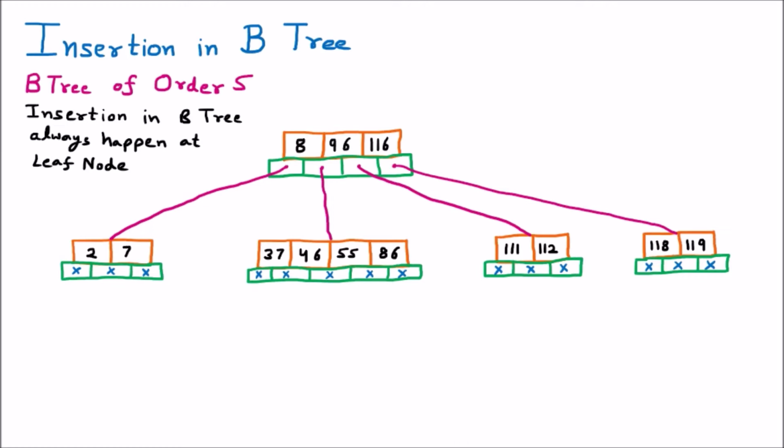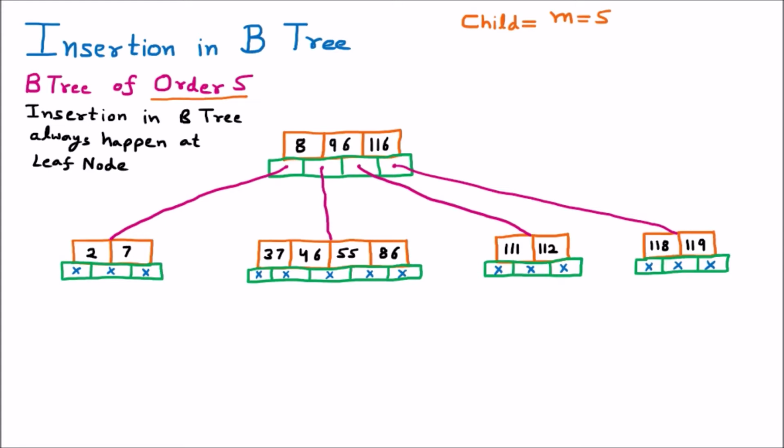So first of all, before going to the insertion, we have a diagram here of a tree. We have to find out whether this tree is a B tree or not. Now here we are given a condition that this is a B tree of order 5. Now order 5 means the value of m, because it is the extension of MV tree, is equal to 5. Now if the value of m is 5, that means the maximum children which can be there in the tree will be equal to m, which is 5.